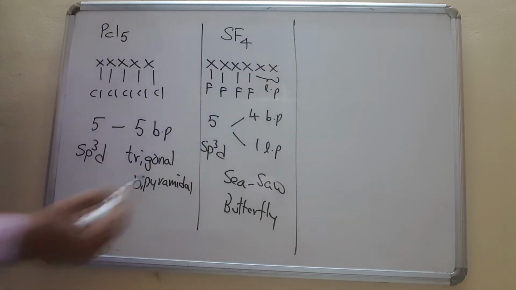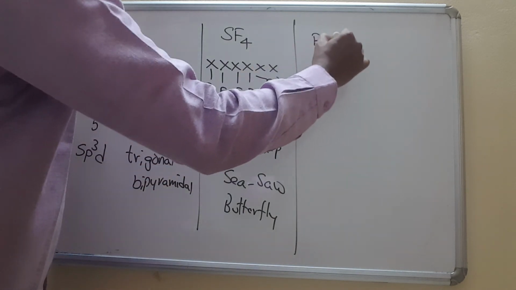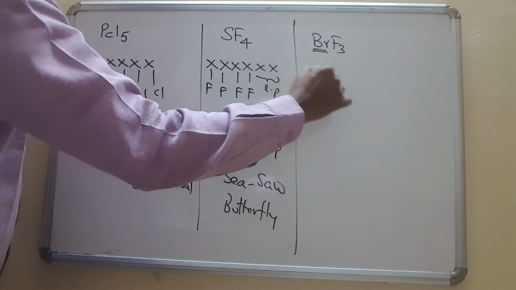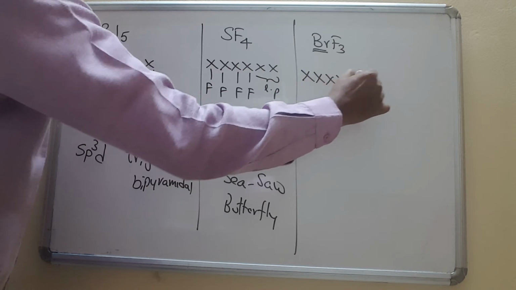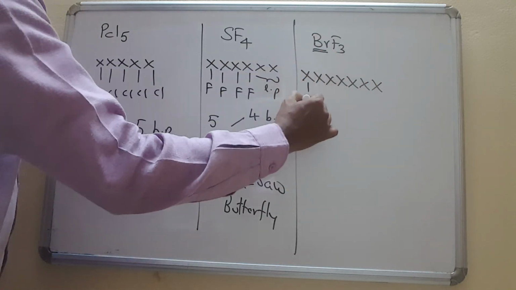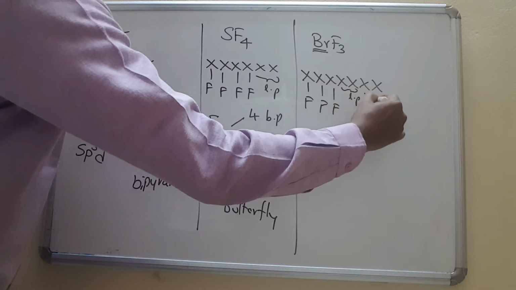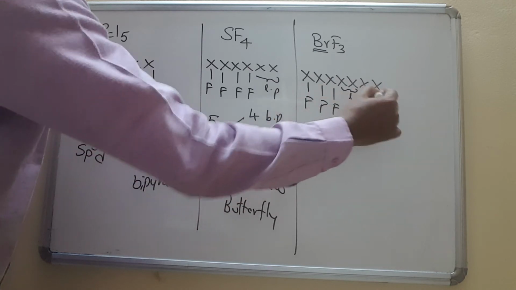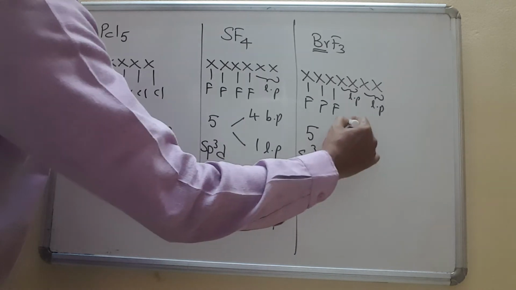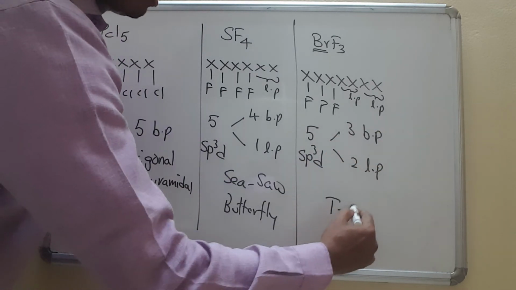Okay, so that is about the next example. Next one is for example BrF3. Okay, so bromine is seventh group: 1, 2, 3, 4, 5, 6, 7. Okay, so that means in the 7 how many fluorines are there? 1, 2, 3. Remaining lone pair. Total pairs 1, 2, 3, 4, 5 pairs. 5 pairs case is sp3d. Among the 5, 3 bond pairs, 2 lone pairs. Okay, its shape is T shape.